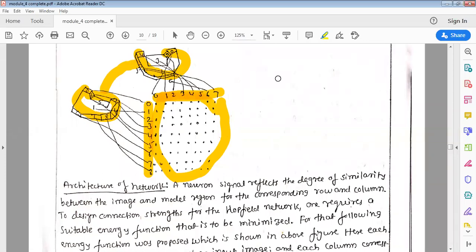Once you train, the neural network understands whether the object is like this or like this. Then if any one of the patterns is given, it will be able to tell that the object belongs to class 1. But if you give some other object, the network is not going to recognize it. Or if you rotate the object, let us say in this format, then also the network will not be able to do it because it has no sufficient data.